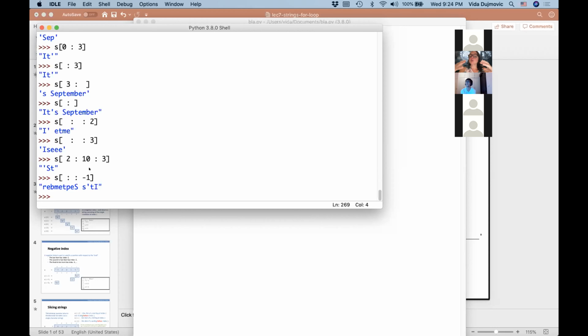Many efficient algorithms that you're going to learn in data structures are based on a principle where you divide a problem into two smaller parts, each roughly half the size of the original problem, and then you solve it on these smaller problems. You're going to learn why that is better and how exactly to do this. Completely not obvious. But here's a baby first step. I need to be able to get the first half of the string.